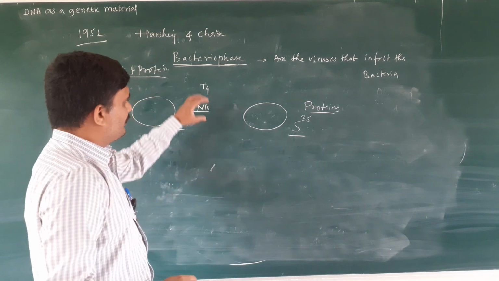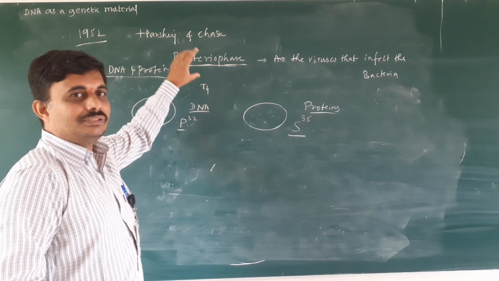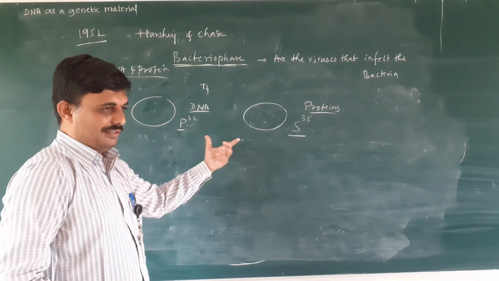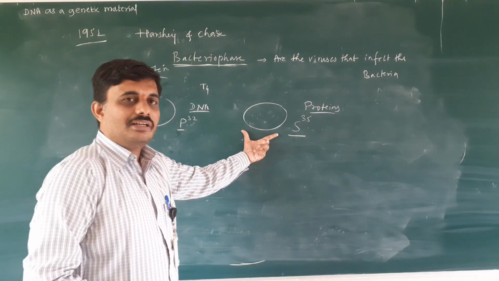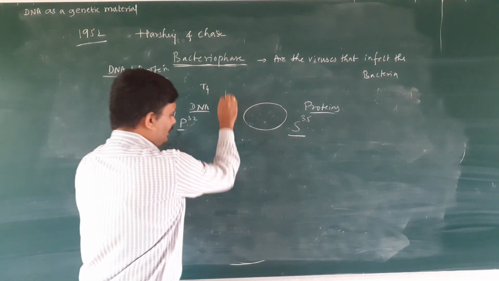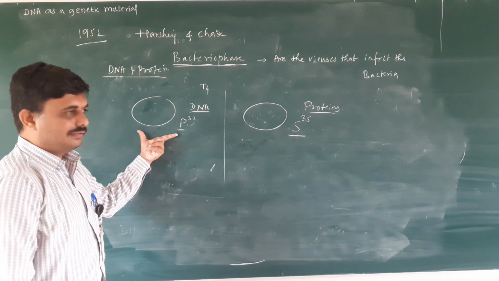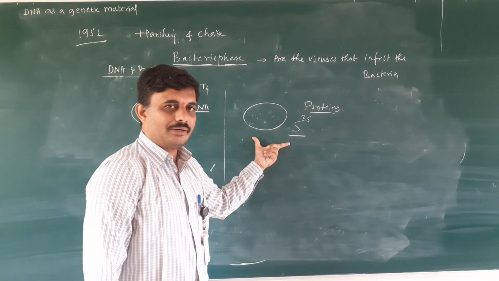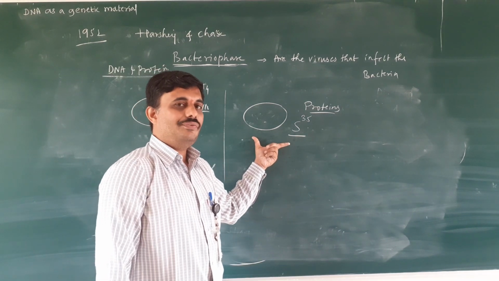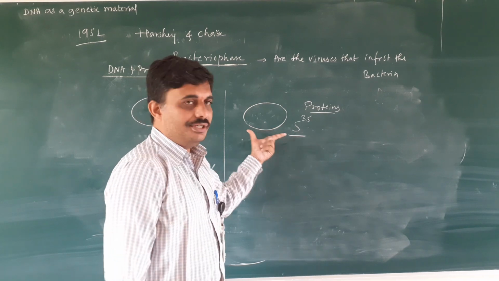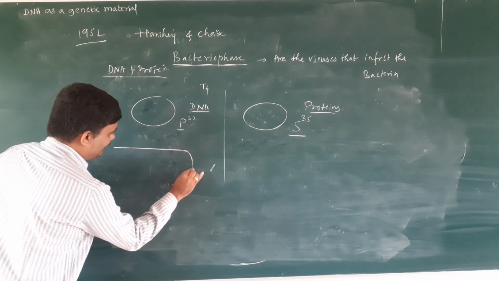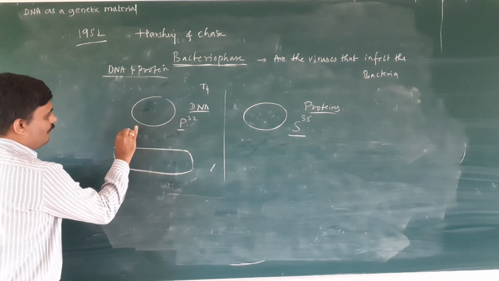So what they did: they used T4 phage bacteria and cultivated them in media containing the radioactive elements differently. One set was grown in the phosphorus 32 media. Another set of bacteriophages was cultivated in the media that contain sulfur 35. Later, they injected the T4 phage with